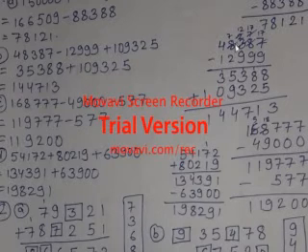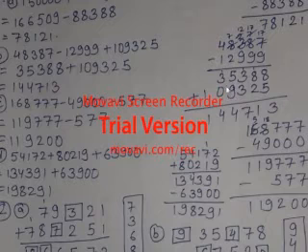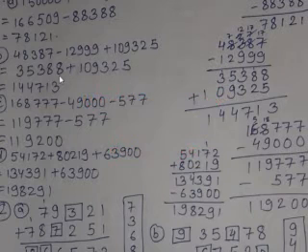So from 7, 9 will not go. So 3 gives 1 carry to 7, and it becomes 17, and this 3 changes to 2. So 17 minus 9, it becomes 8. Now from again 2, 9 will not go. So 8 gives 1 carry to 2, and it becomes 12, and 12 minus 9, it becomes 3. And this is 7, 7 minus 2, it becomes 5, and 4 minus 1, it becomes 3. So at last, while subtracting these two, we got 35,388. Students, writing the number in proper order also matters.